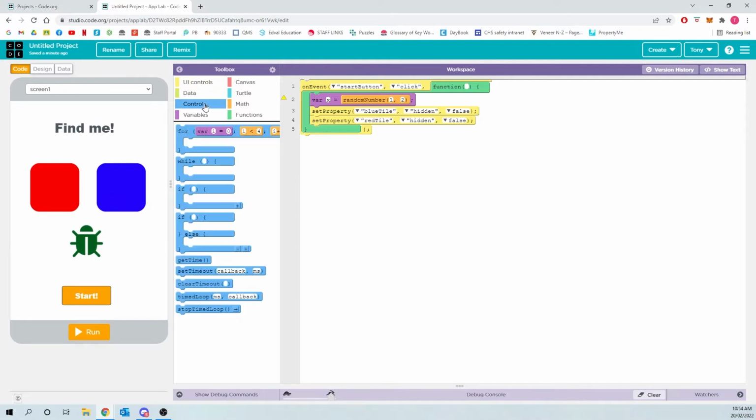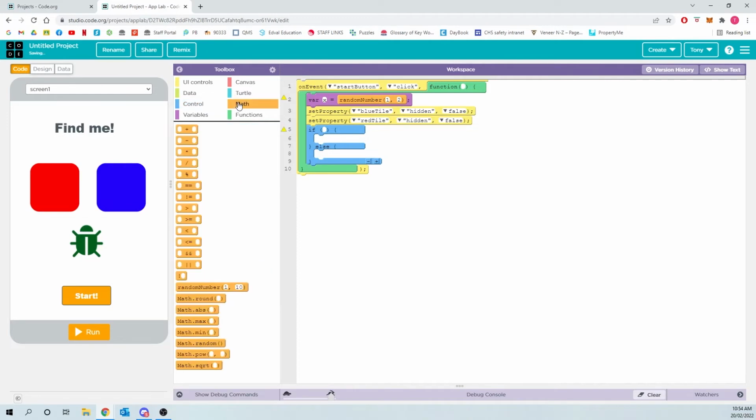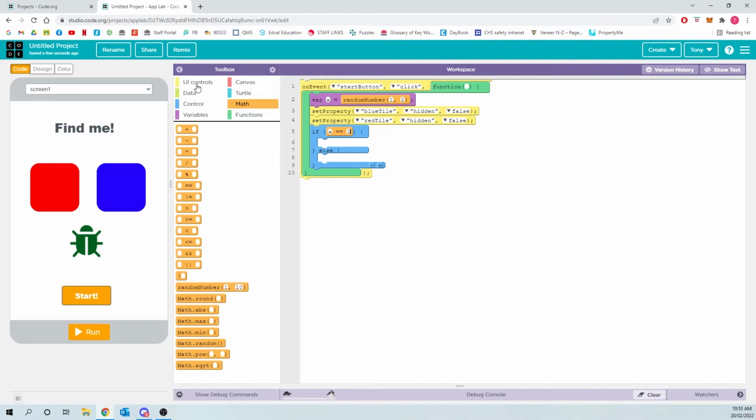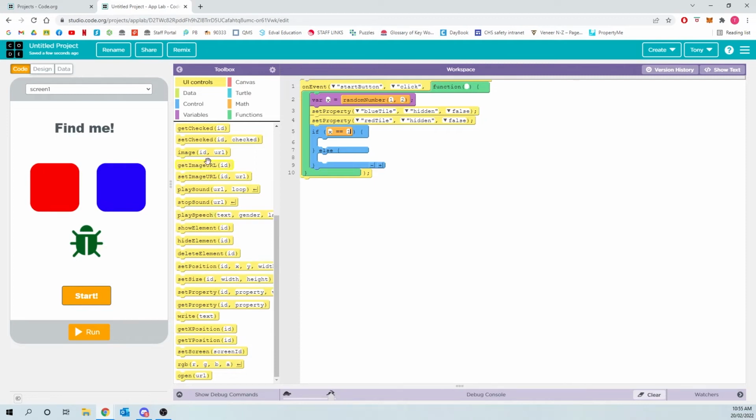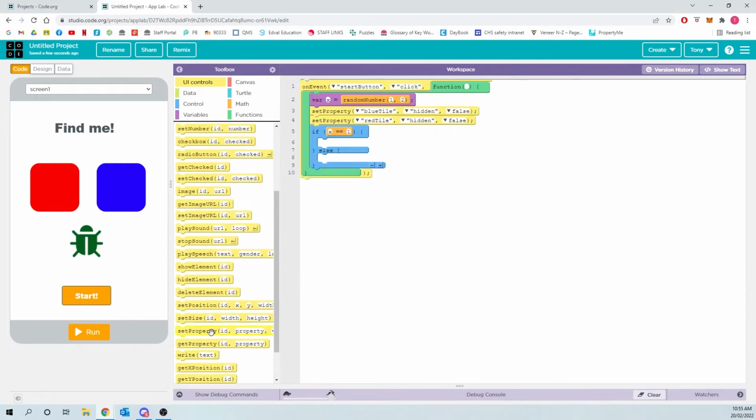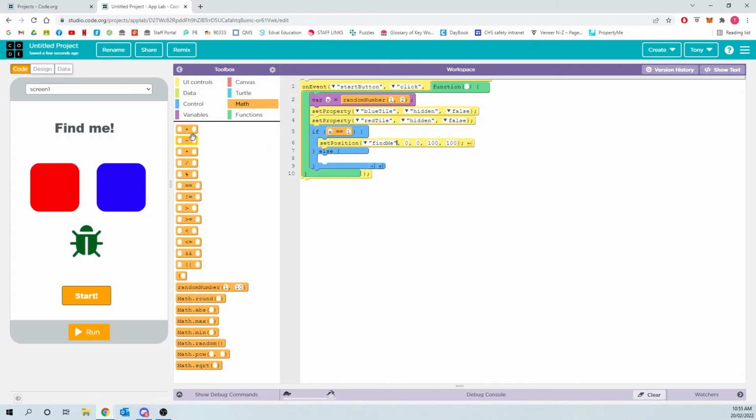So we need to go to the control tab here, drag out the if and else statement underneath the two set properties we've created, and we're going to put an equals operator in our if statement that says if x is equal to 1, we're going to set the position of our bug, which is called find me, to,